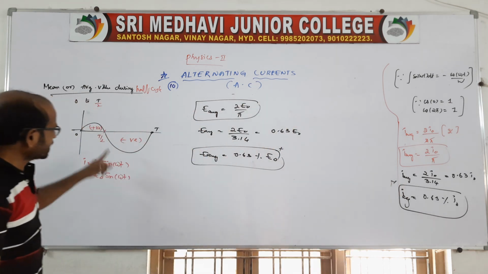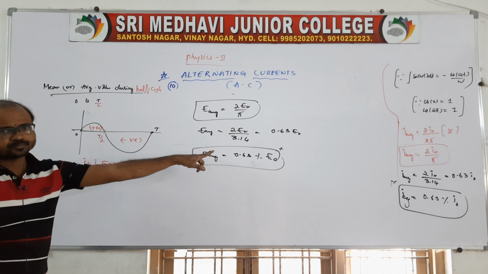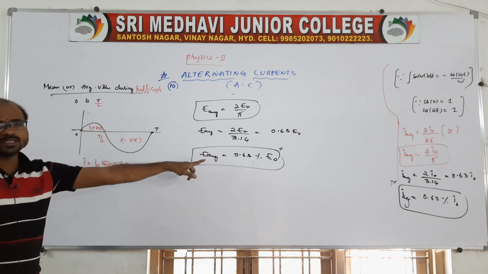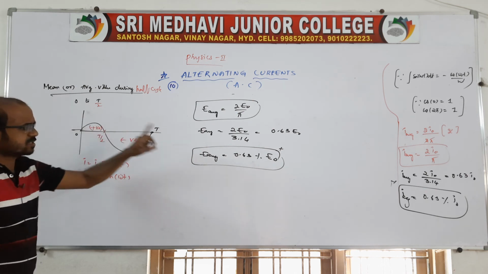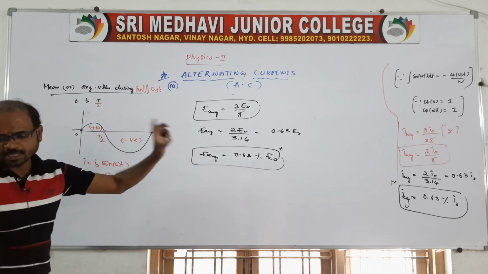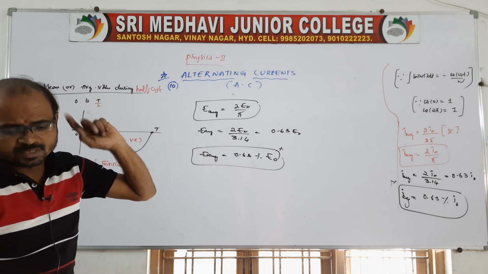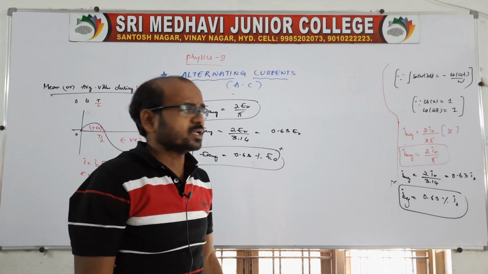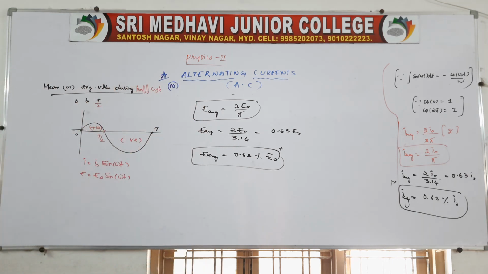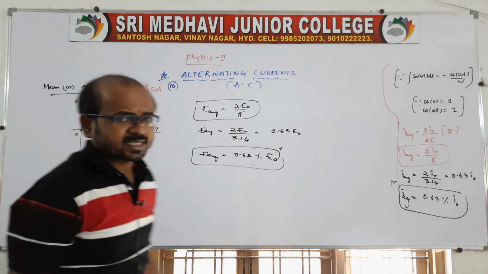Of course during the negative half, it is minus. So if you want to get the total, plus half and minus half added, we will get 0, because during the plus half we get positive and during the negative half we get negative. So they cancel each other. Like this we have the expressions for the mean or average value during the half cycles, plus half and minus half. Is it okay now? So this is about the average value during the cycles.